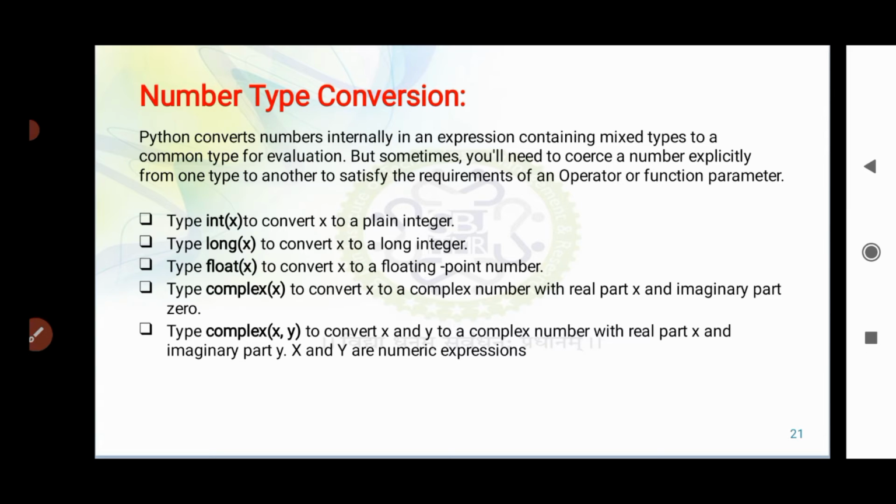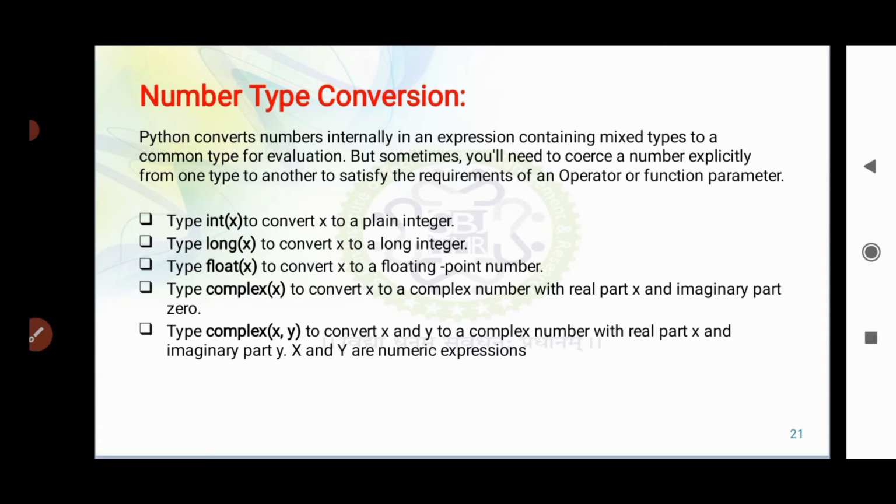Python converts numbers internally in an expression containing mixed types to a common type for evaluation. But sometimes you will need to coerce a number explicitly from one type to another to satisfy the requirements of an operator or a function parameter.